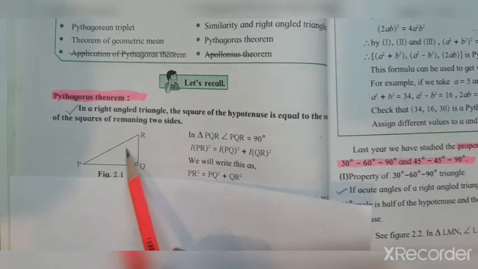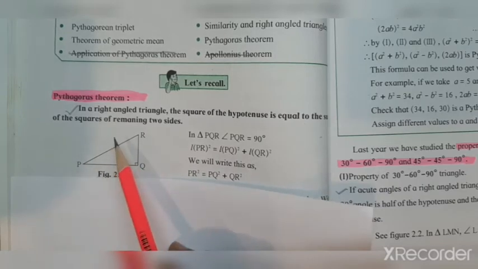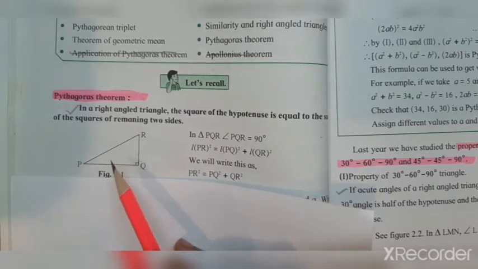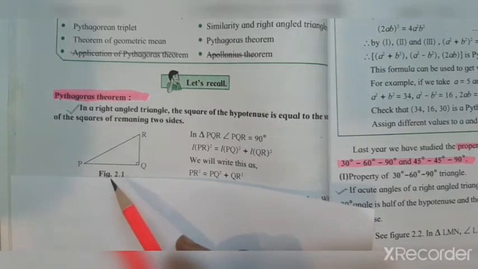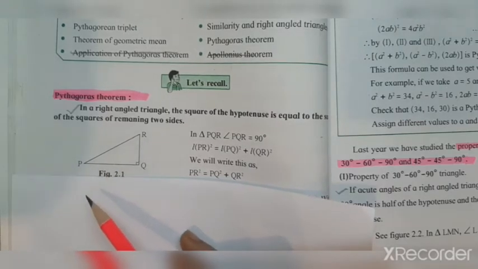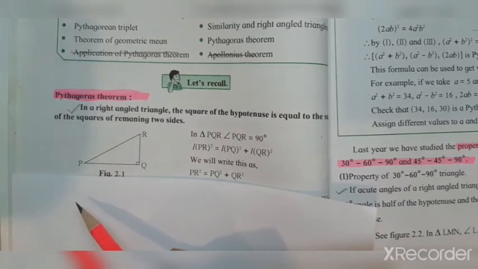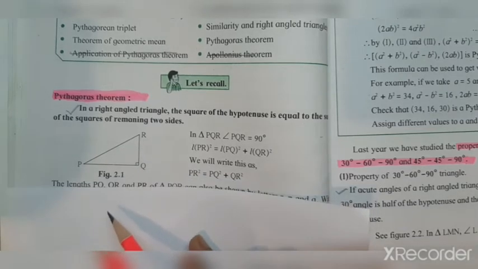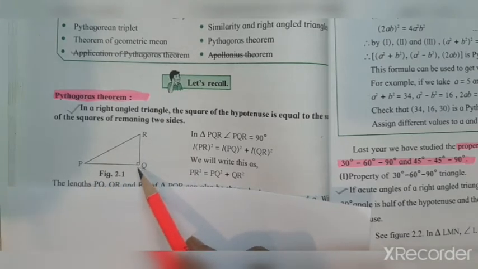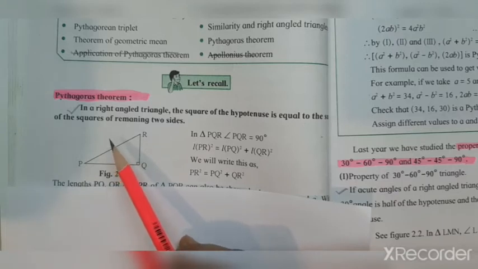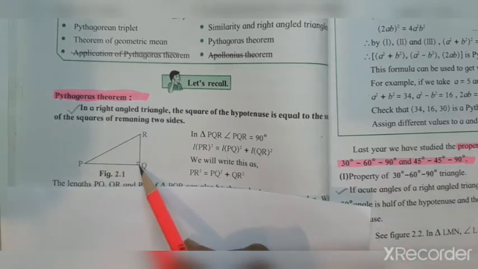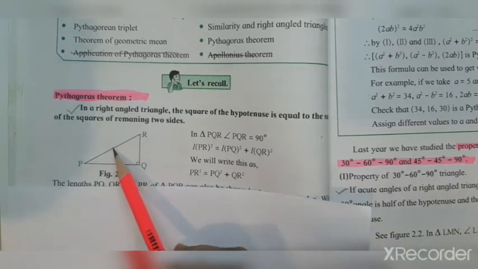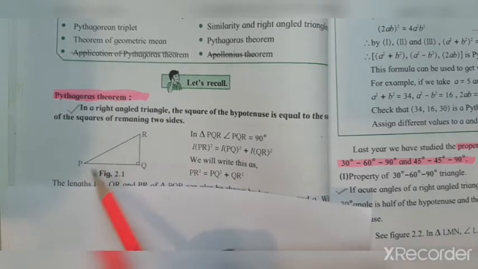So in a right angle triangle, the square of the hypotenuse, you all know what is a square, the square of the hypotenuse side. We know that the hypotenuse side is present in a right angle triangle. In a right angle triangle, it is the side which is opposite to 90 degree. So here in this particular figure of triangle PQR, we know that measure angle Q is 90 degree and the side opposite to 90 degree is the hypotenuse. So this is angle Q, 90 degree, and just opposite is side PR.